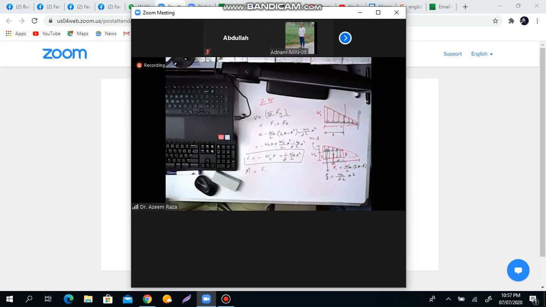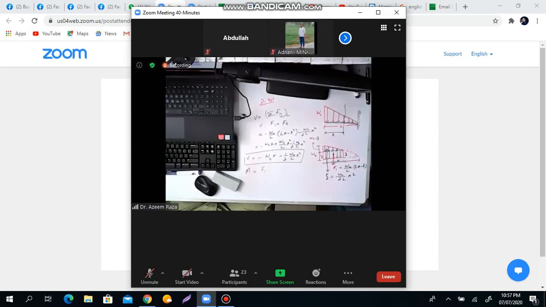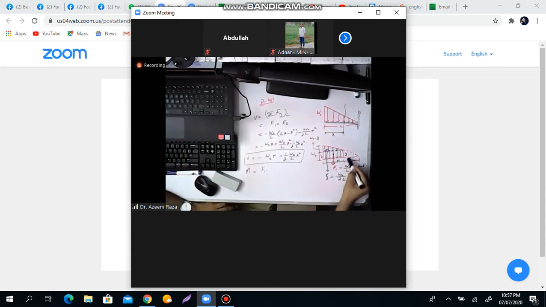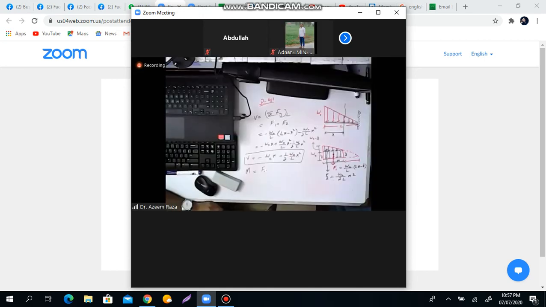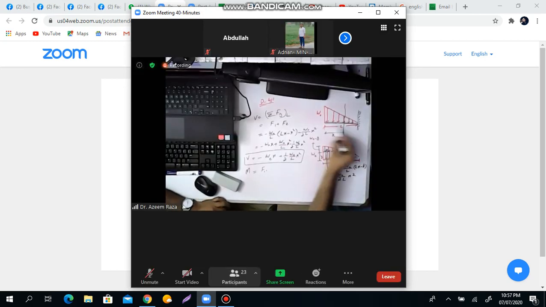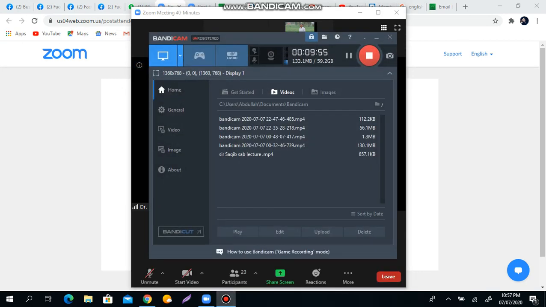What's the distance? X by 2, yeah. This F1 is just the rectangular load. Half of the X, because this distance is X. So this distance from this point